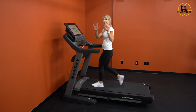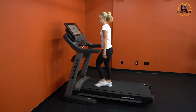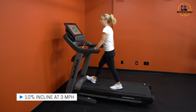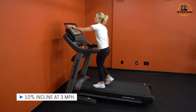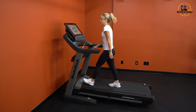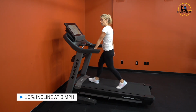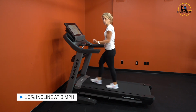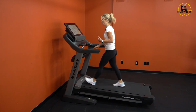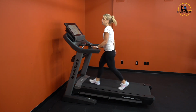So I'm gonna take it up to a 10 incline. There you go, that was really quick. Let's max it out at 15. This is the highest it gets. So at this level incline, the deck lifts to about 18 inches off the ground. You do need just a little bit of head space for walking and running, just a little bit of bounce. But you can see that deck just flexes just a little bit underfoot